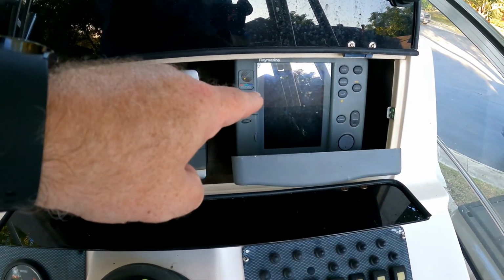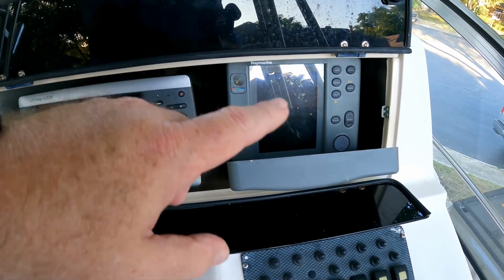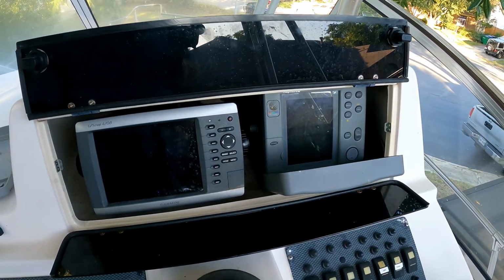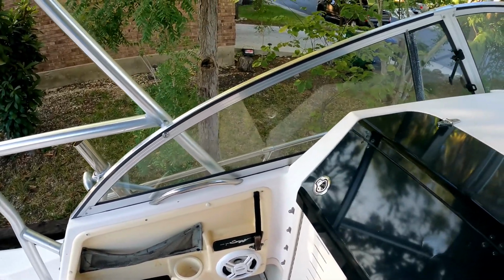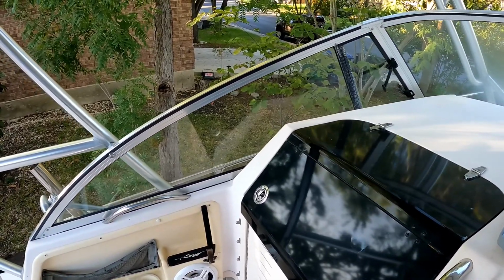So I can find a used head unit for like $400 to $500 on eBay, so that might be something we get to. None of that autopilot radar, none of that stopping me from using the boat right away, because we do have a good graph right now. Okay, all right, let's go in the cabin,